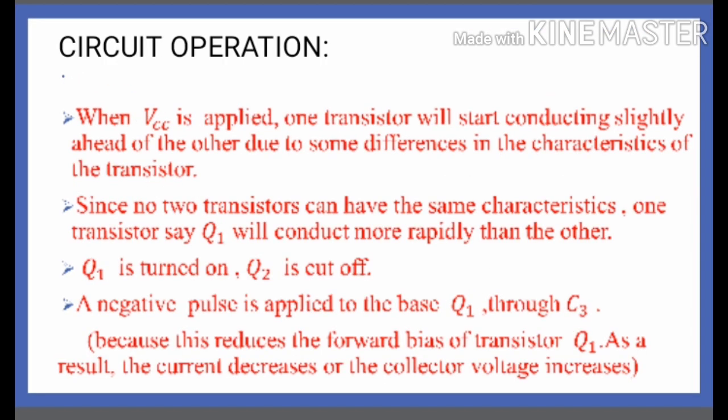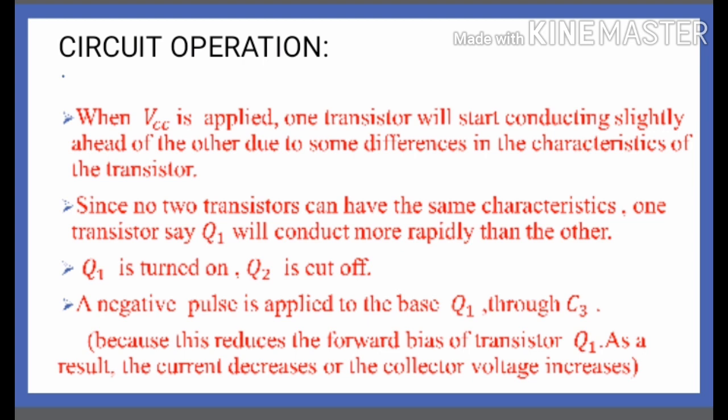Initially, after power up, one transistor is saturated and the other transistor is in the cutoff state, because no two transistors can have the same characteristics. If Q1 is turned on, which means saturated, during that time Q2 is in the cutoff state. If a negative pulse is applied to the base of Q1,